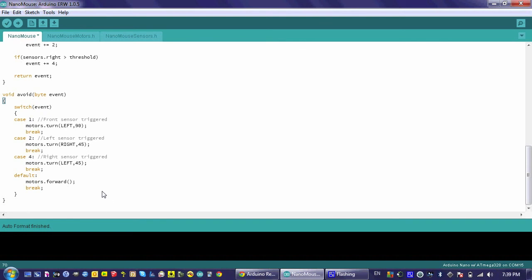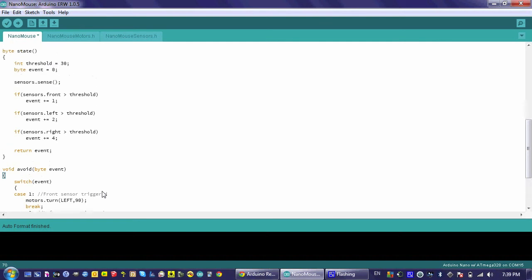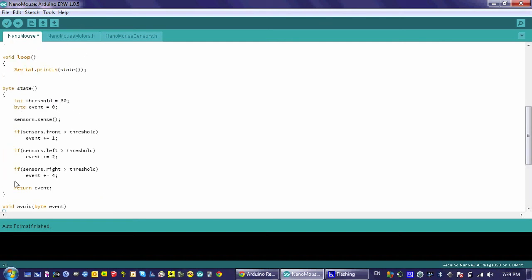And then I have to make one more change to my program. Right now, my program just prints whatever my state machine is generating right up here in the loop. It prints the state. Instead of printing the state, I want to avoid this state or react to this state. And so what I'm going to do is use the avoid function. So what happens is this